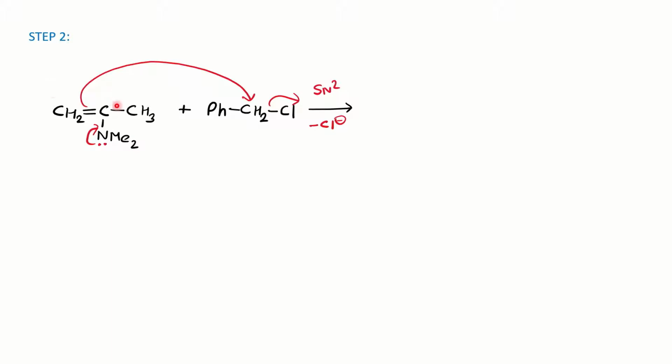Once you form the enamine, the lone pair on the nitrogen will force the reaction in the forward direction, and this C=C bond will give its electron to the CH2 of this alkylating agent and push the Cl out as a negative. This is the backside attack. So this is the SN2 mechanism, and you can notice at the alpha carbon we got the substitution here.